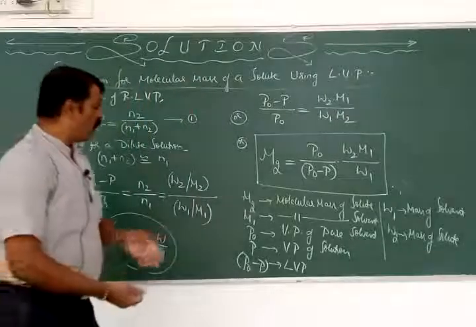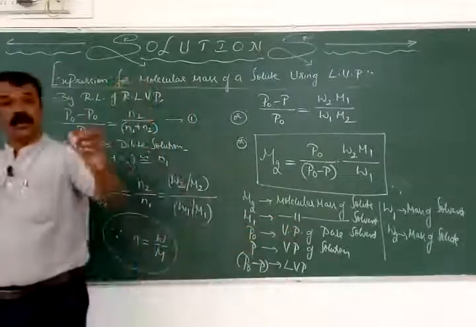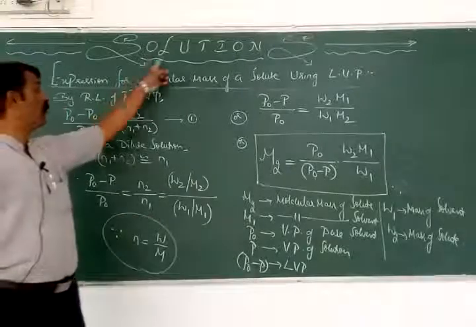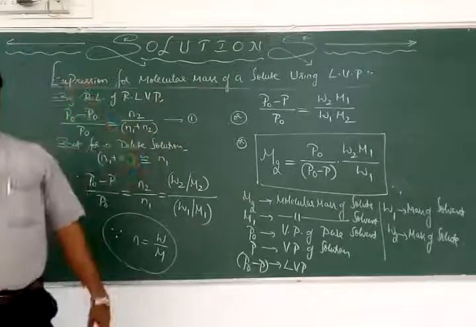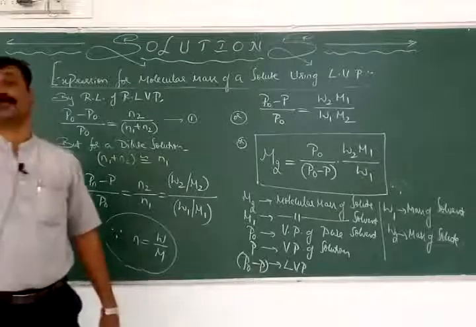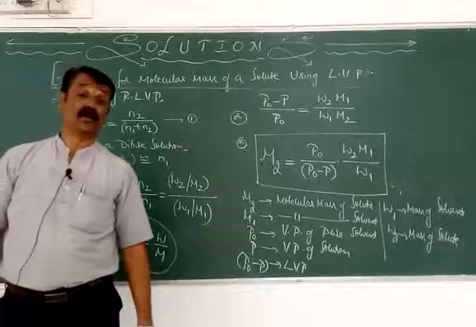So just by knowing the value of LVP, what is LVP here? The lowering of vapor pressure, which is an example for a colligative property. We can find out the molecular mass of the given solute. Okay. So this is about the first colligative property, that is called as